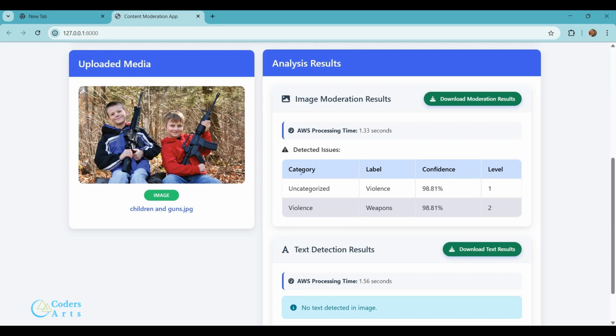Alright, so we'll just take a look at this one to understand it better. So the first column is the parent label, which is the violence. Alright, and then we have the labels, which are nothing but the actual moderation labels, which are the categories recognized by the API. Alright, so here we can see that weapons is a subset of violence, and then we have the confidence score as well. So each label comes with a percentage that shows how confident Rekognition is in its detection. So in this case, the API is 98.81% sure that this image